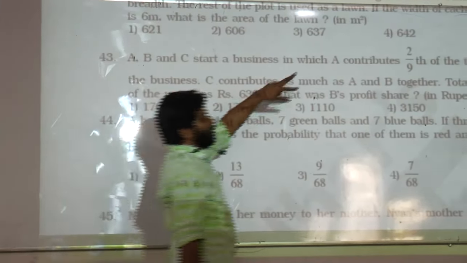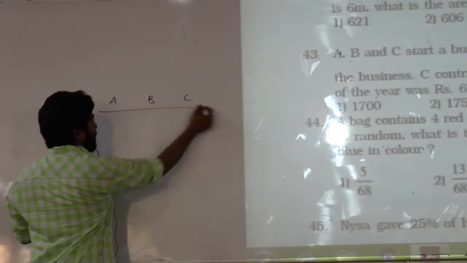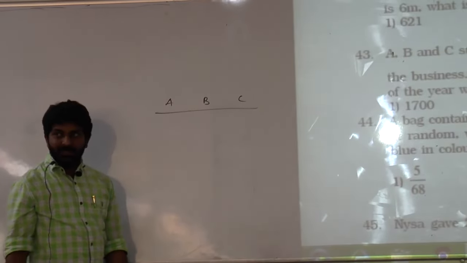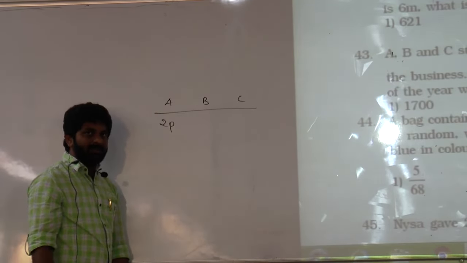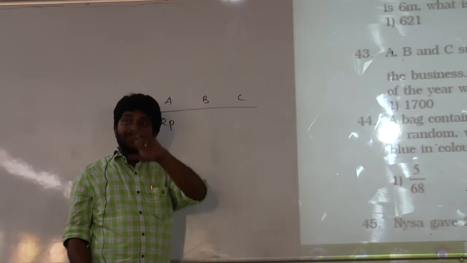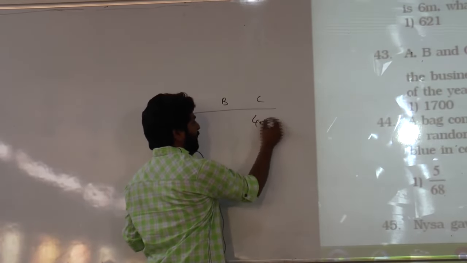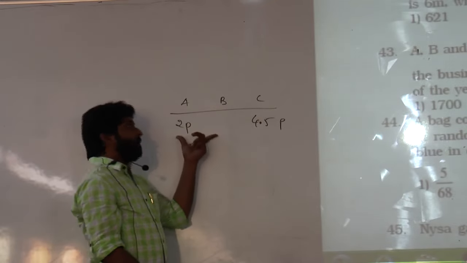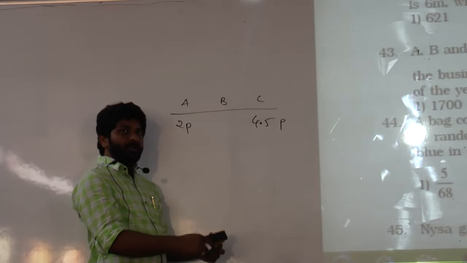Right. A contributes 2/9 of the total investment. What is the denominator? So let's say total investment is 9 parts. So A, B, C, all three are going to invest 9 parts. Out of 9 parts, A invests 2/9, they said. So this guy itself will invest 2 parts. Out of total, C is going to invest 50%. 50% of 9 parts is 4.5 parts. A plus B should also be equal to 4.5 parts. A already invested 2 parts. So B is going to invest